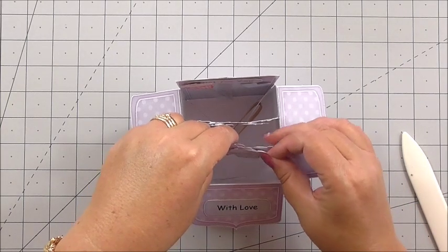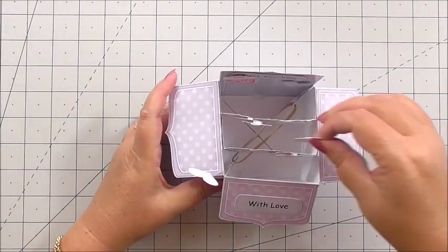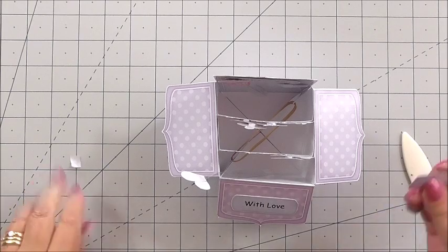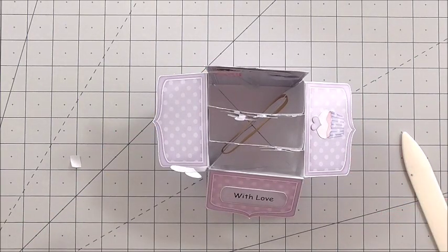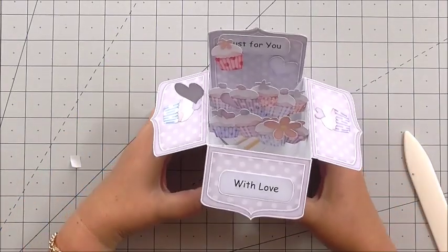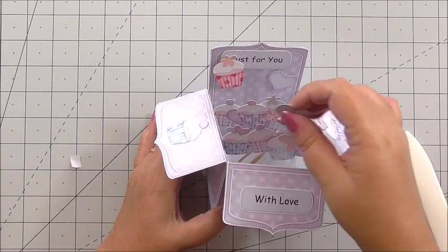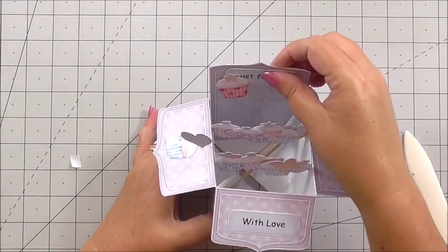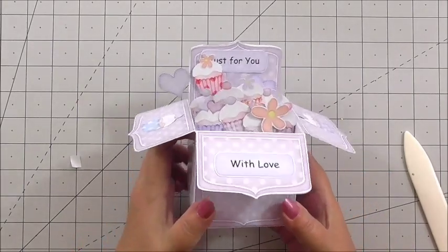Lots of flowers, more cupcakes, just wherever you want to add them so they look like they're spilling over. So I'm going to add one to the side there and one to the other side there. There we go. And you can see how you can build it up and build it so that it just all tumbles out. We've got the acetate pieces at the back, and then we've got all the layers of the cupcakes in the middle,